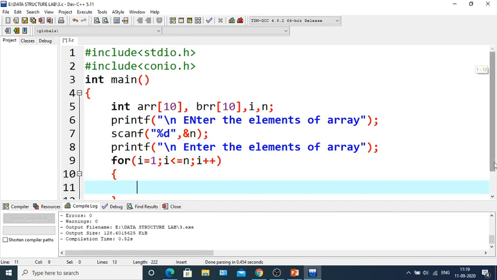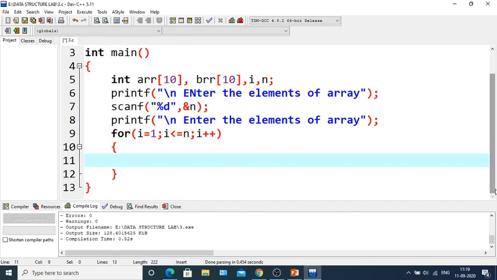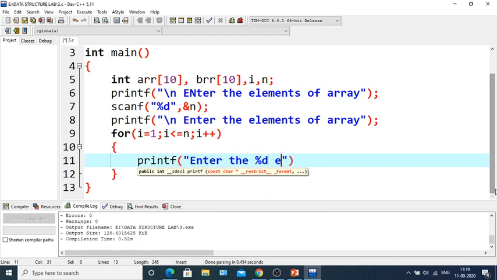Then printf enter the percent d element, where the value of i will be printed here.